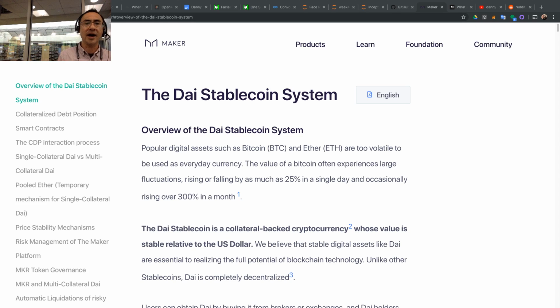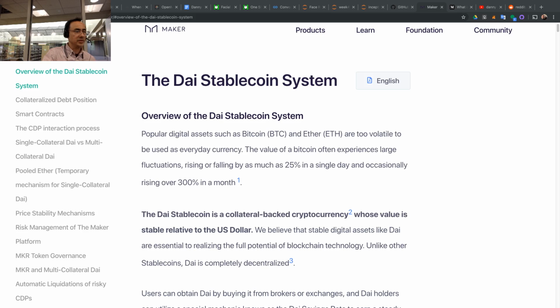And you can use this DAI to, for example, buy another crypto. For example, if you're a believer in Bitcoin, and you think Bitcoin is just going to keep going up in the future because of its scarcity value, then you can use, for example, 1,000 US dollars of DAI to buy Bitcoin, and when it goes up, you can benefit from that. So that's the idea. And then the other idea is basically to make the DAI kind of stable, because